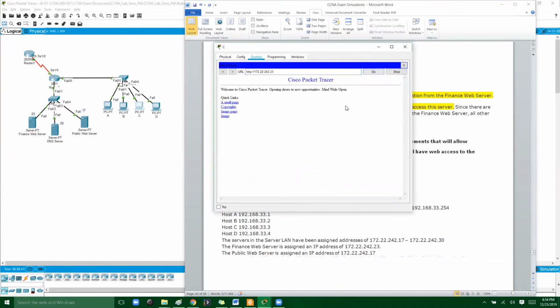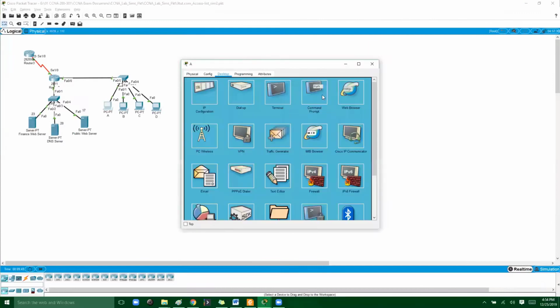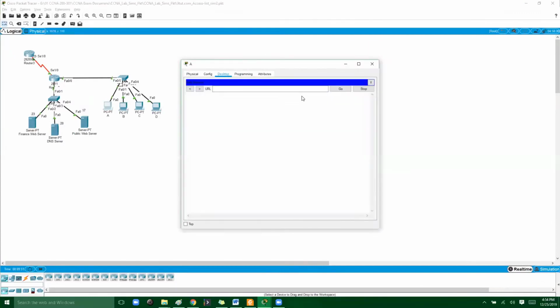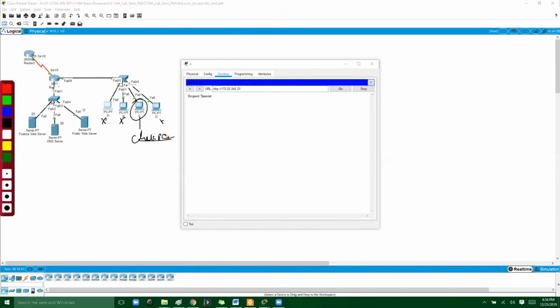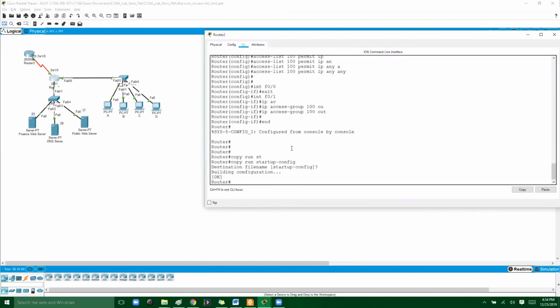So if I go and say I'm able to access from C, that's the question, but all the remaining should not be able to access, which means if I try to access the same IP from A, that should not work. Maybe in the exams you don't have access to these PCs. Generally, when you click on this PC, you may have access, so you just need to initiate a request from there. But again, once you're done with the configuration, we need to say copy run start to save your configurations,